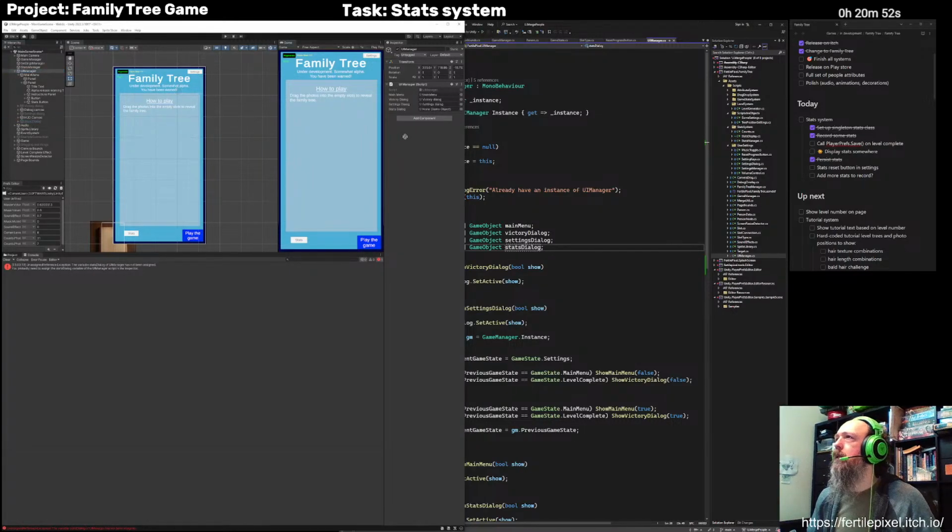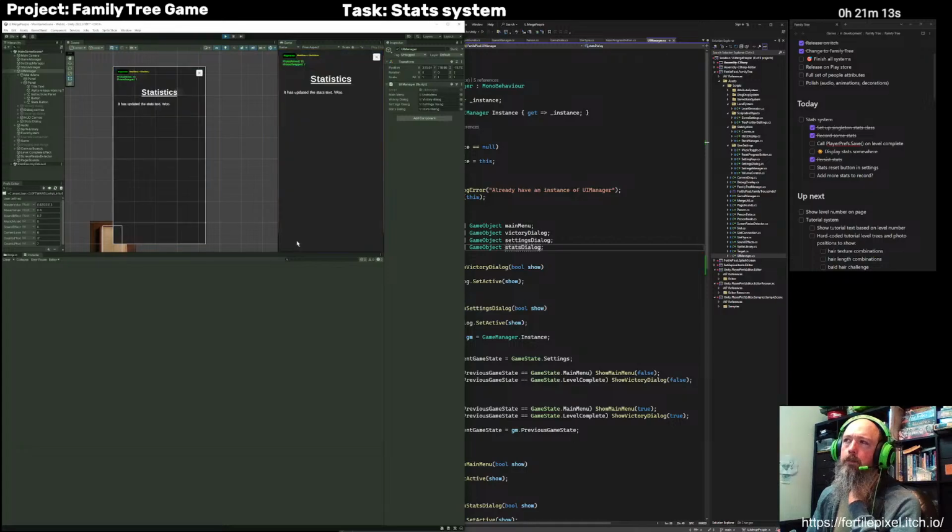So this stats dialog, I haven't written any code, so you shouldn't need to recompile anything. Anyway, there we go, let's give it a try. Okay, that worked, and the text is updated